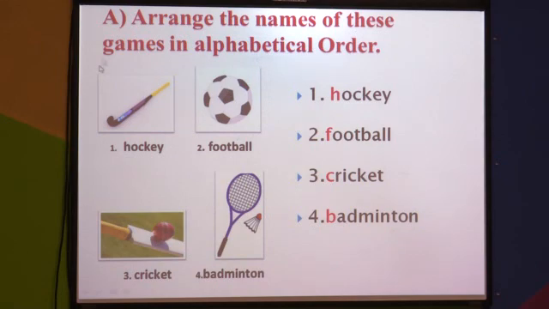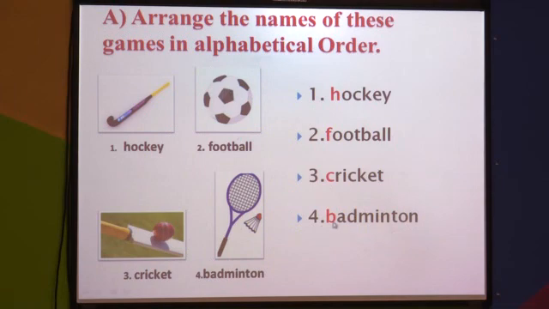To arrange these words, once again we are going to see the first letter of the words. Here you can see the letters are given randomly. We have to arrange these words in alphabetical order. If we remember the letters again: A, B, then C will come. C related, which word is there? Cricket.